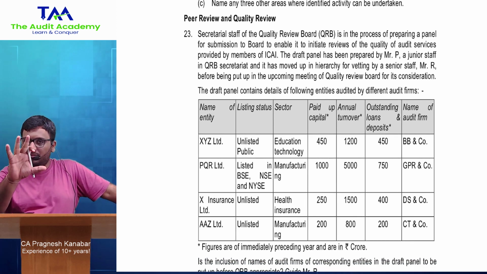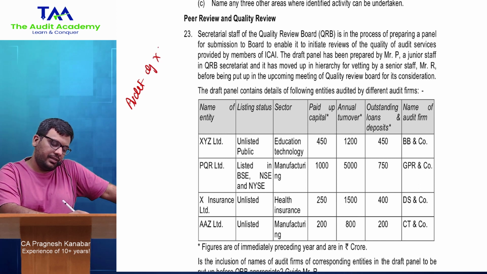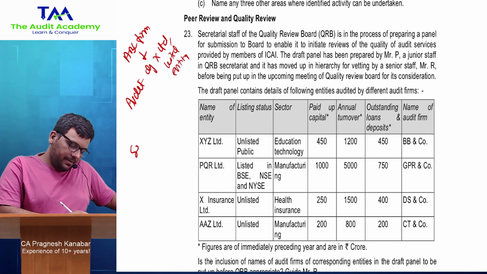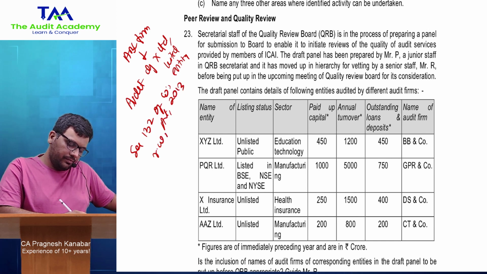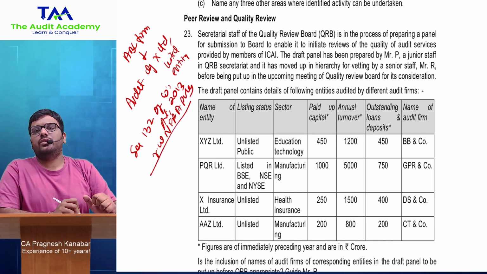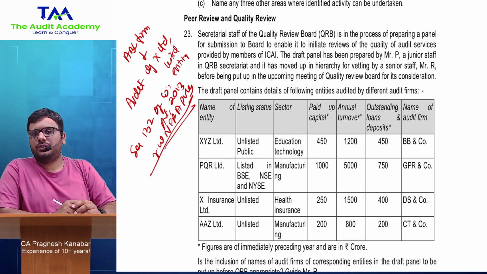अब ये क्वेश्चन का मैं पहले तो आपको जिस्ट बताता हूँ. That boss, let us say if you are conducting audit of X Limited, which is a listed entity. ABC firm is conducting audit of X Limited, which is a listed entity. अब एज पर सेक्शन 132 ऑफ कंपनीज एक्ट 2013 रेड विथ एनएफआरए रूल्स, जो लिस्टेड एंटिटी का ऑडिटर है वो एनएफआरए के जुरिसडिक्शन में आ जाता है. द ऑडिटर ऑफ लिस्टेड एंटिटी इज कवर्ड बाय एनएफआरए जुरिसडिक्शन.